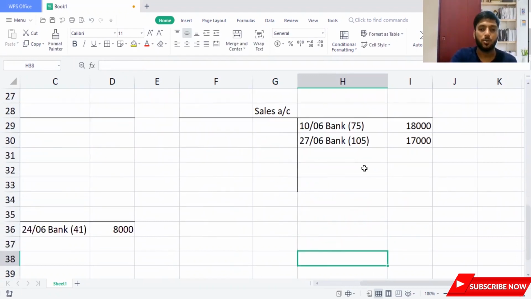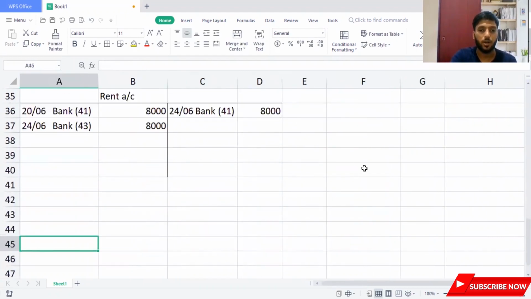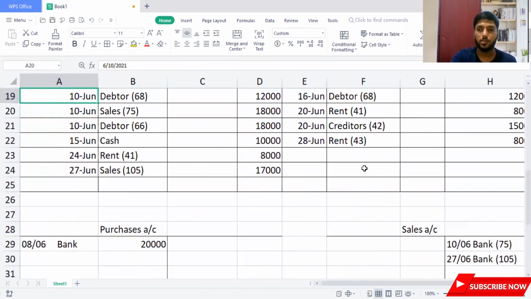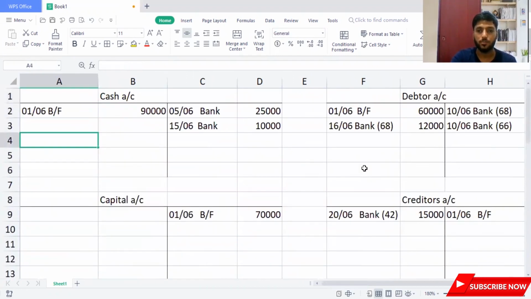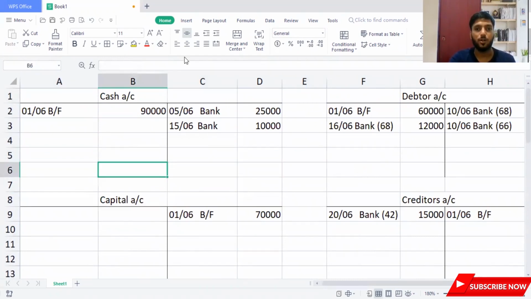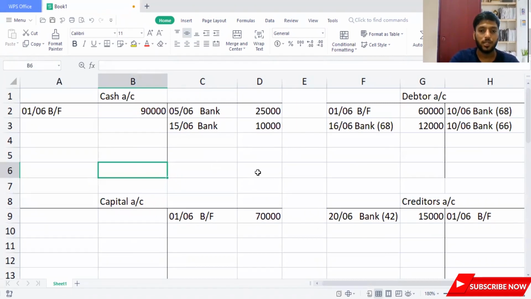Now we have recorded all things in the ledger account. I hope you guys know how to balance the ledger accounts. I'll do one balancing and show it. I taught you this in chapter 7 and chapter 8 many times, but for your knowledge, when you're balancing the sum, take the totals of both sides and see which side is bigger. Normally in the cash account, the debit side is always bigger, so 90,000 is the value. You should take it on both sides. So we'll write 90,000 here and 90,000 on the credit side.